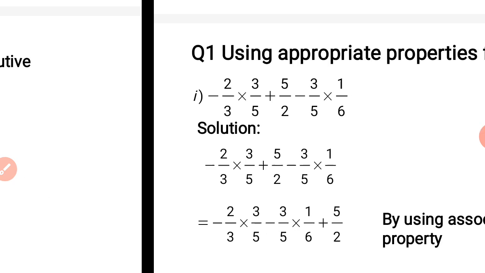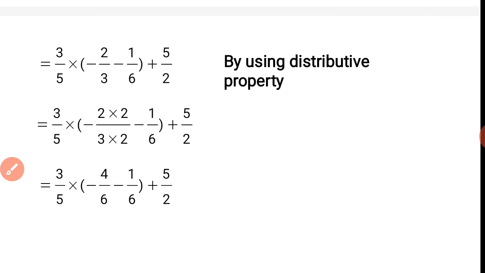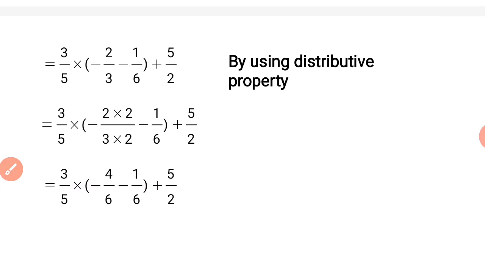Let us move to the last slide once again. Here, if I consider the first term and if I take 3 by 5 common, I am left out with minus 2 by 3 in the bracket. And if I consider the second term and I take out 3 by 5 outside, I will be left out with minus 1 by 6 inside the bracket. So in the next step, you will see that minus 2 by 3 and minus 1 by 6 remains inside the bracket. See, it's written here. Okay, and this is nothing but the distributive property.